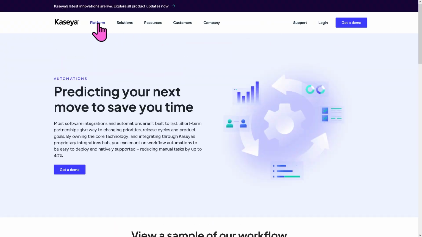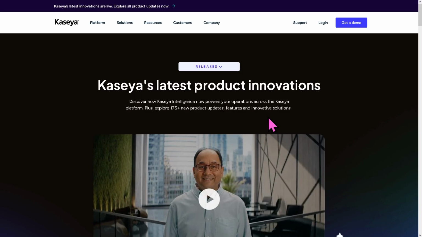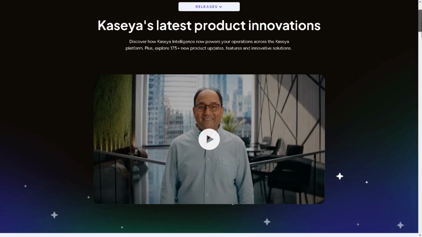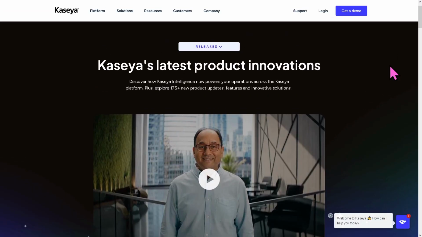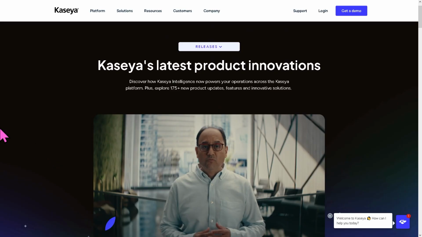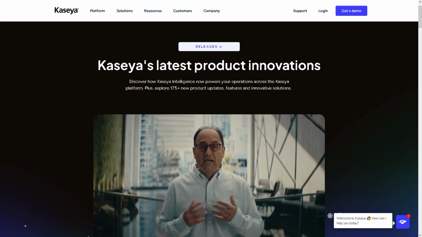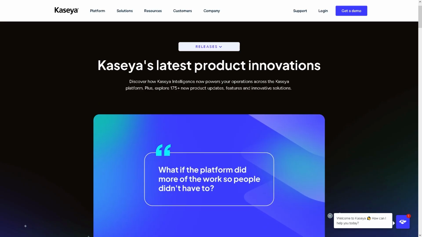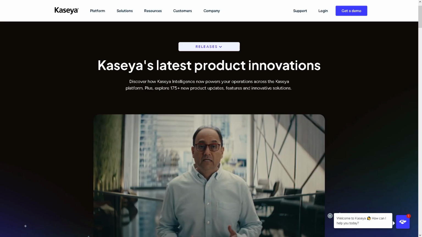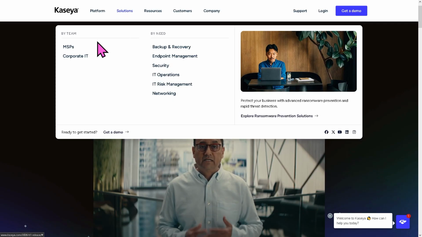And then the new feature here in Kaseya is going to be the product updates, wherein you can stay informed with the latest products from Kaseya because this highlights new features, enhancements, and of course, performance improvements and important fixes across the platform. Keeping up with these updates ensures you're making the most of the latest innovation and capabilities for your organization. Now, if we go to the solutions,